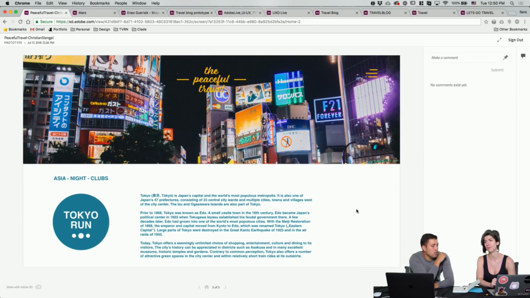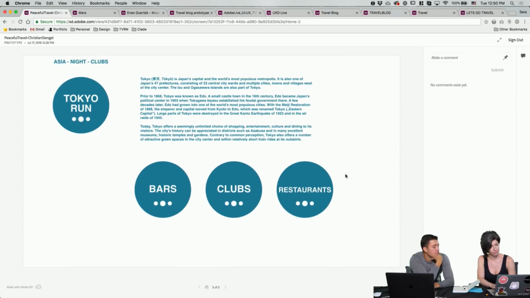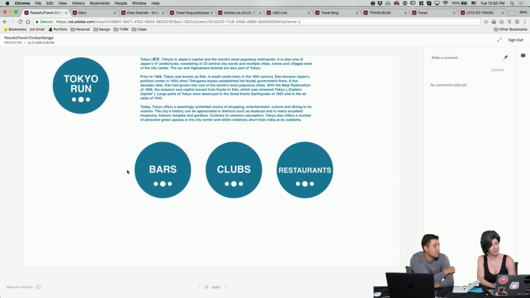I've been to Tokyo twice. Highly recommend you go. And this photo does a good job of showcasing it. I like the consistency of the logo in the top center. That's cool. Yeah, and these, I'm not sure if they're supposed to be buttons or just visual elements, and the